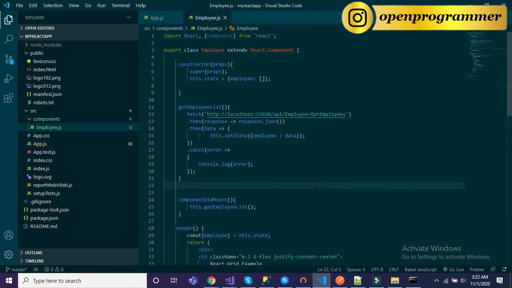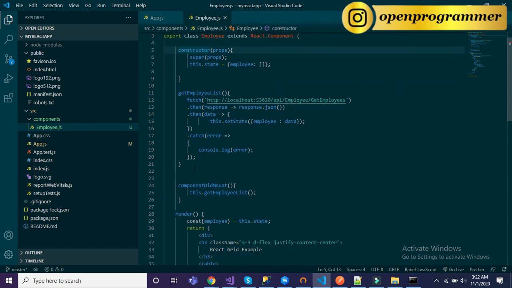Inside employee.js we have declared a class component, then a constructor, and a simple method containing the fetch call of this get employee method. It returns the whole employee list, and then we pass this response to our employee using this.setState. It means employee now has the data coming from this URL.